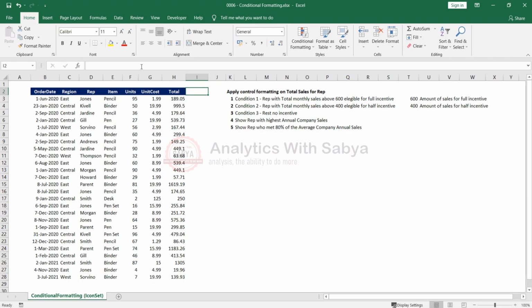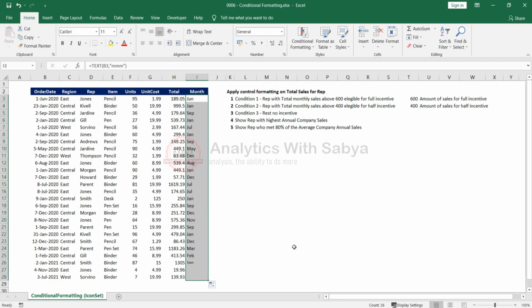So to begin with, I will come over here and insert one column because I want to do it month on month. For that, I will use the text formula to convert this date into a month format. How do I do it? Is equal to text, open my bracket, select that cell, comma, quotes open, quotes closed, bracket closed. Now I can copy this entire thing and paste it over here, or the other way of doing it is I just do Ctrl Z to undo everything and drag and drop it down till here.